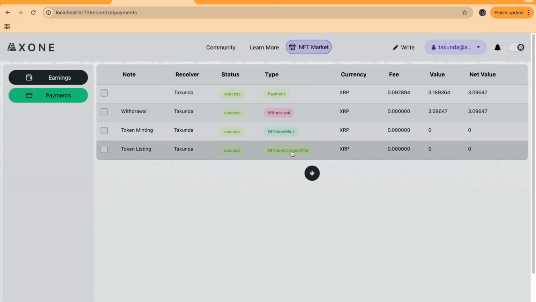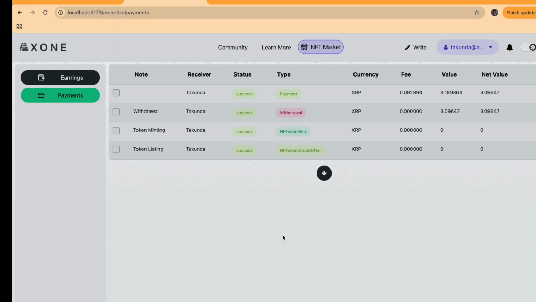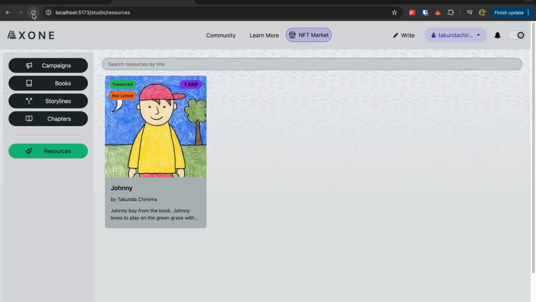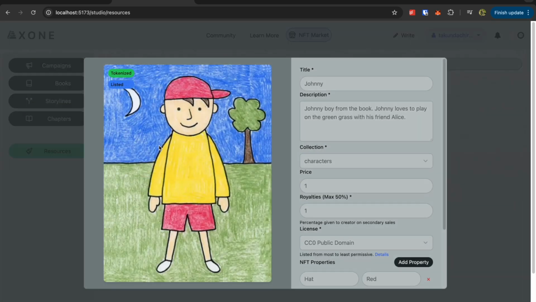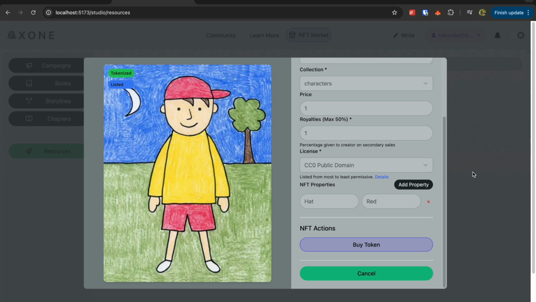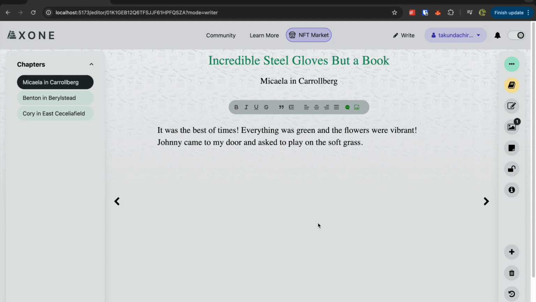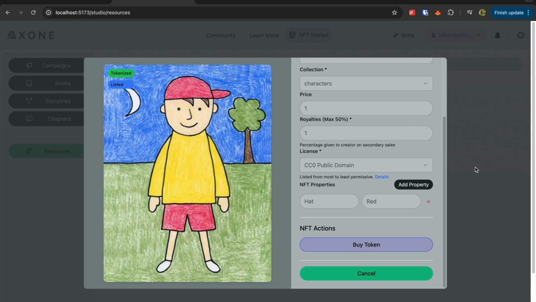The creation offer has been done, and that means that it has now been listed. So if we refresh this, we'll see that it has been tokenized and it has also been listed. And so now anybody can go ahead and buy the created token,